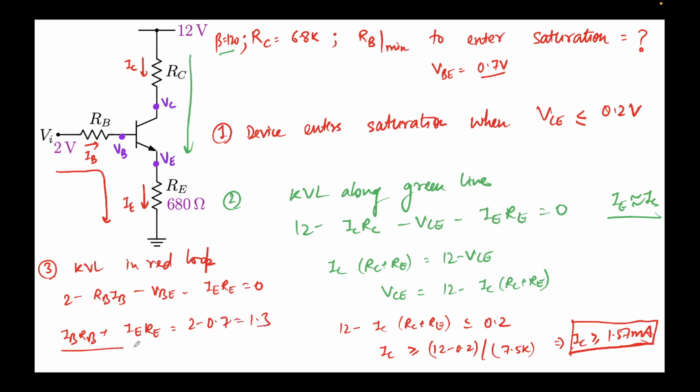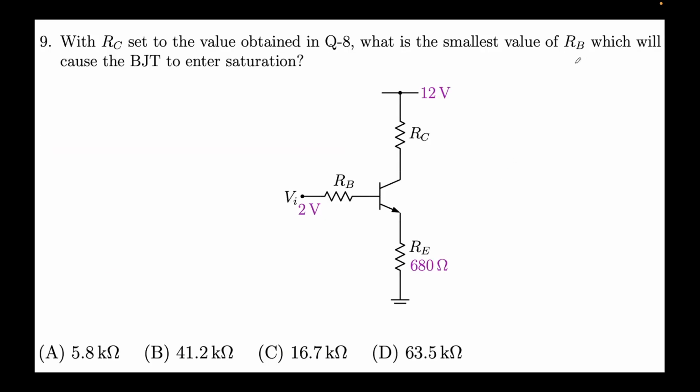So this is the expression that I have obtained here. Now what is the value of IB? I can obtain IB. IC we have obtained as 1.57 milliamps. So simply IB will be IC by beta, which will come out to be 1.57 divided by 120. This is coming out to be 13.1 microamps, and again I'll assume that IE is approximately equal to IC, which